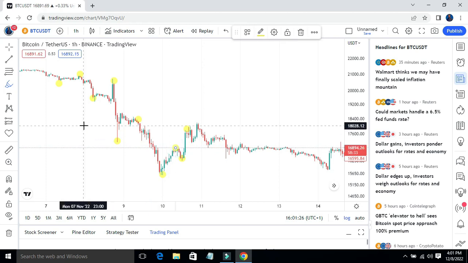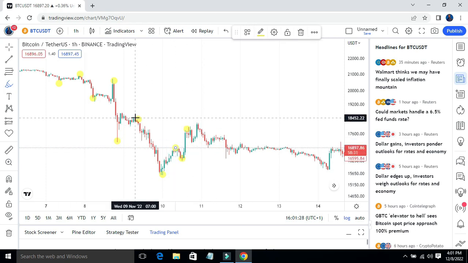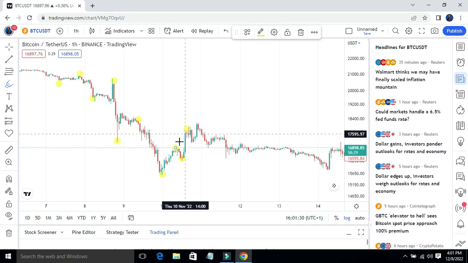This is a high. So this one is higher than this one, but this one now is higher than this one. So this is a break, sorry, a change of character. Okay, this is a change of character, right? So here